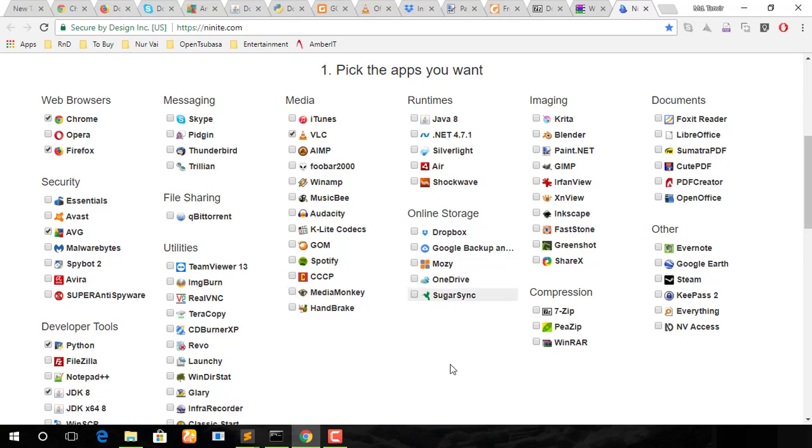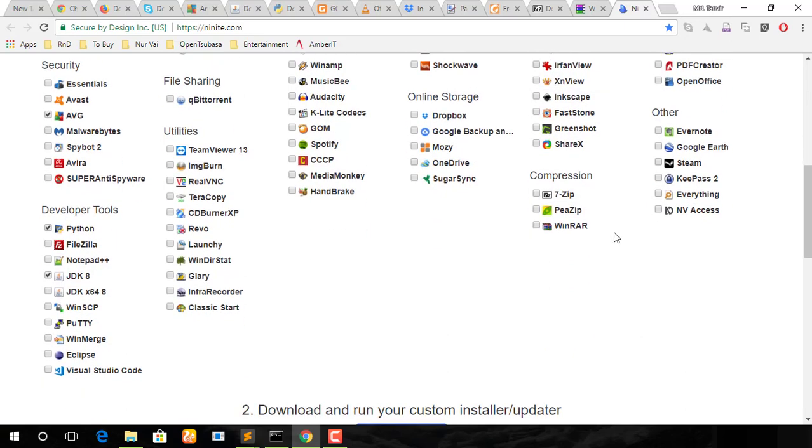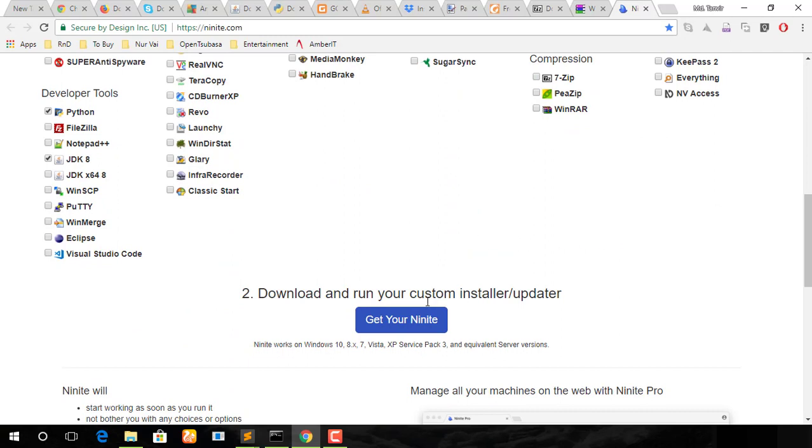These are all freely available on their independent sites, and they are listed by category, so you can choose them easily, like PDF readers, Foxit Reader. And after deciding which software you need, you have to scroll down a bit and